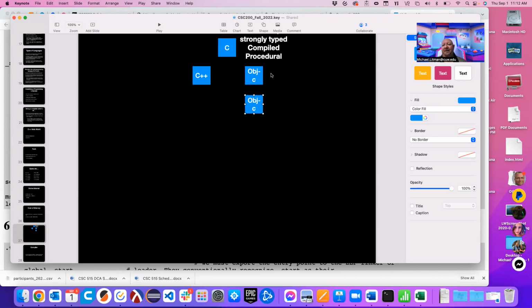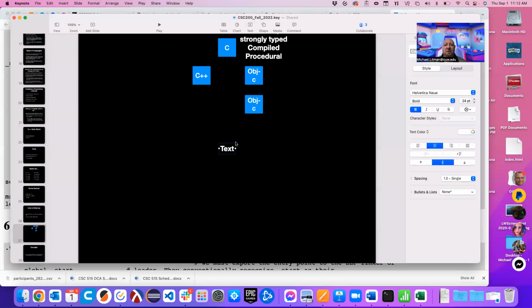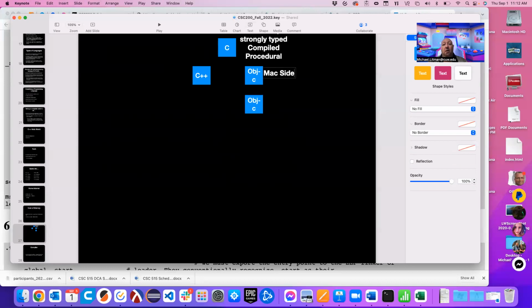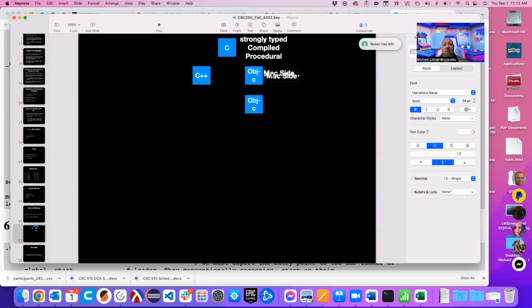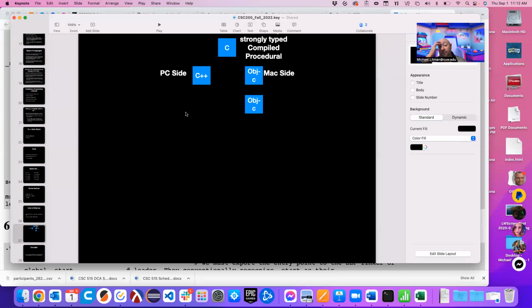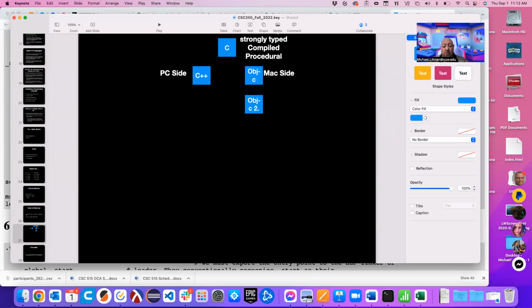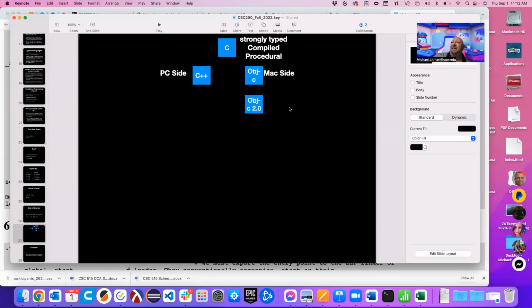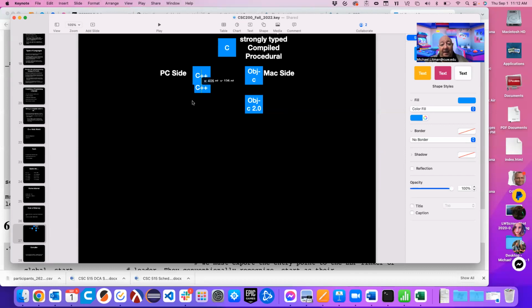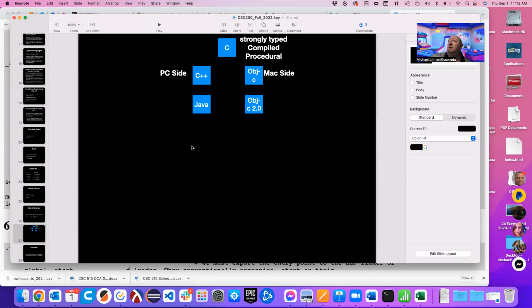Now, we'll just stay on the Mac side for a couple of minutes. And really, I'm going to advertise it as the Mac side. This is the PC side. Yeah, so Apple's always had really great naming conventions. So they pushed for an updated version of Objective-C to get to Objective-C 2.0. And the guy that came after C++ on this side was a language called Java.